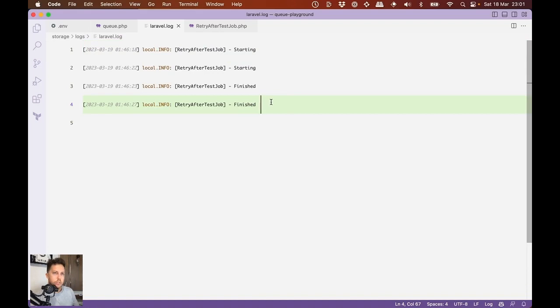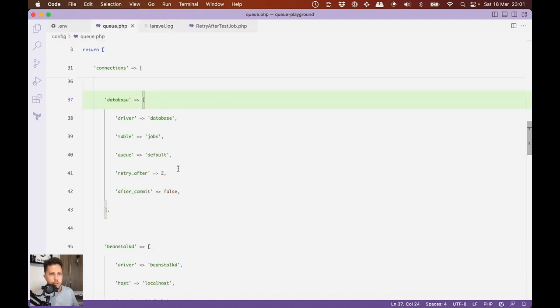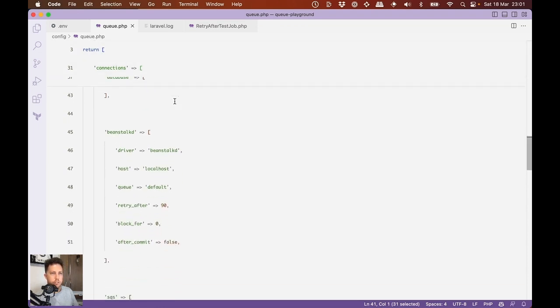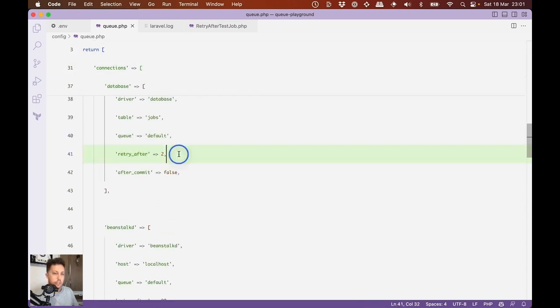Also, if you're using Laravel Horizon, the retry after configuration will not be here in the default queue config. It will be in the specific Horizon configuration. And if you're using Amazon SQS, this configuration will not have any effect from your code perspective. You need to actually go to the AWS console and change the default visibility timeout option directly in there. So it's a bit more work, but it's necessary if you're having any kind of custom